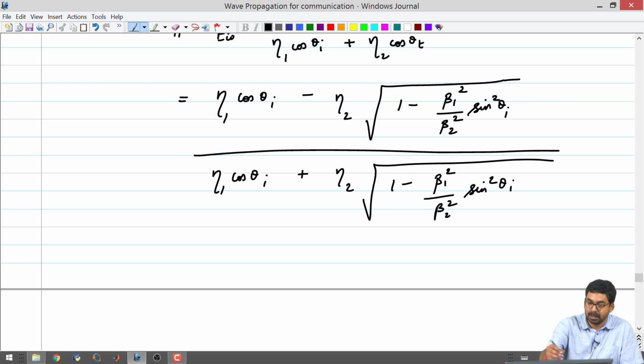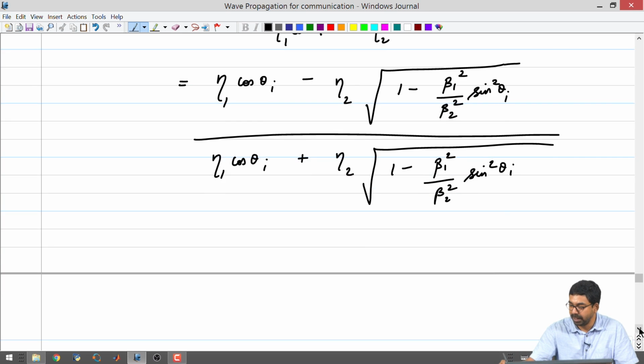So, to be more precise, the square root that we are having over here, right, this is going to give you some negative number, right. So, you are not going to be able to determine the cosine very easily, because the root of that will become j, right. So, if you want, you could also do one thing, you could multiply these terms with minus 1 and take a minus 1 out, because we know that beta 1 square by beta 2 square sin square theta I is greater than or equal to 1 for the condition that we are already considering. You could always reverse the numerator, all right, and the denominator and take a minus 1 outside.